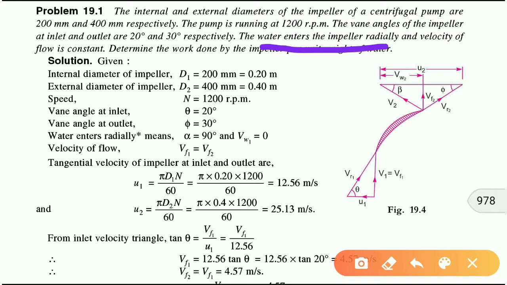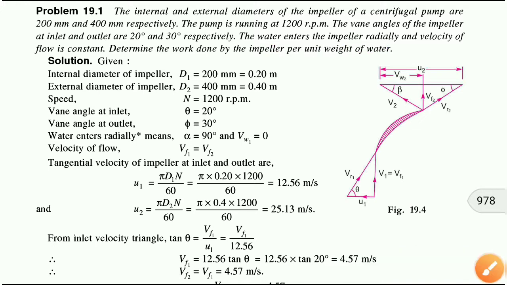What does this mean? This means that the angle alpha is 90 degree. What is this angle alpha? This angle alpha is the direction of the jet or direction of the flow of the water with the direction of the vane velocity. So if it is 90 degree, in the centrifugal pump case it is mostly 90 degree unless and otherwise stated in the example. In this example it is given as 90 degree as the flow is radial,